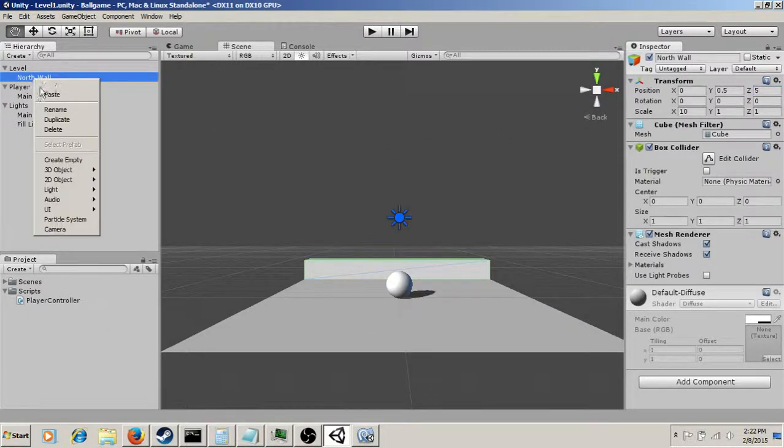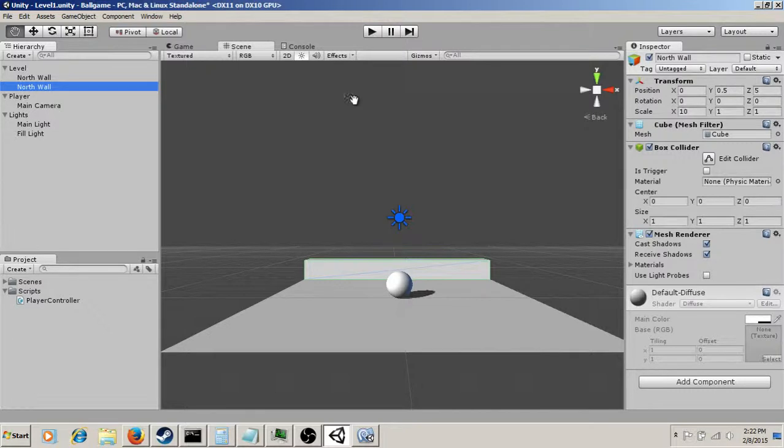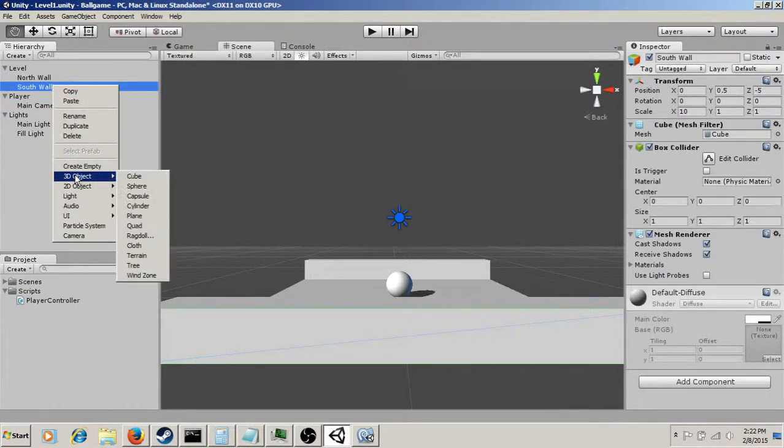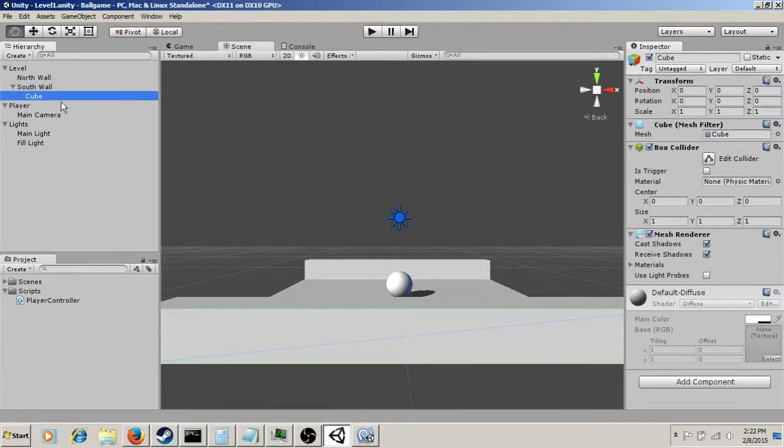Now we could recreate this, but it's better to duplicate it, and we'll make the south wall now, and all we have to do is negate that. Finally, we'll just create a new cube for the second wall. We'll call this the west wall. That'll have an X of 0